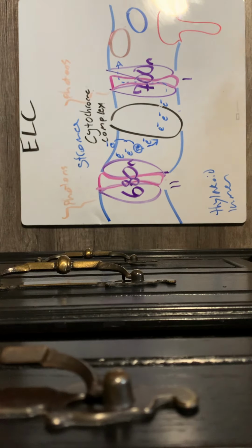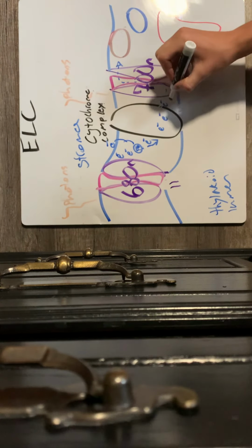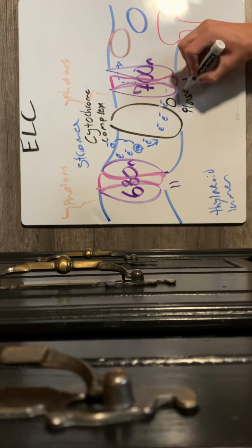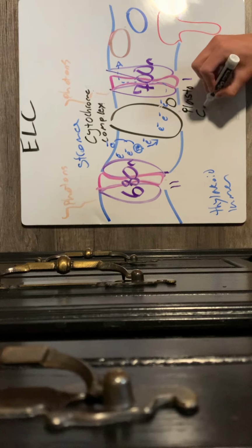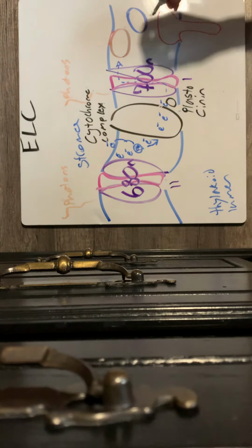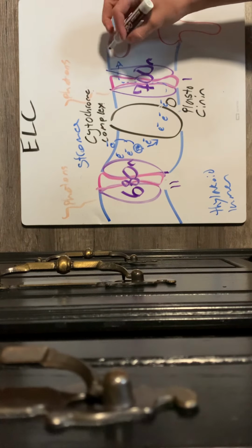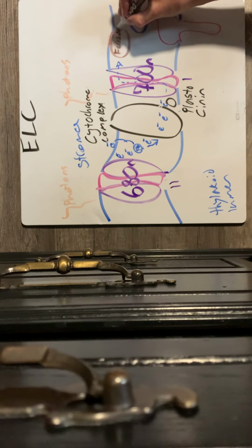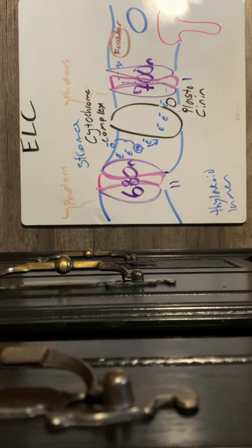Oh, I forgot to mention there is a plastocyanin. That might be the incorrect spelling, but it essentially just keeps the electrons moving. And the electrons reach ferredoxin. And in ferredoxin,